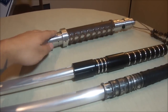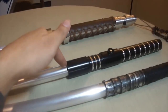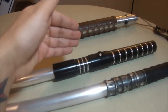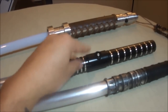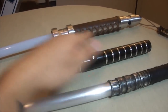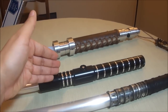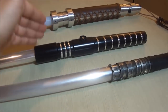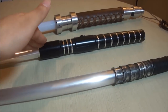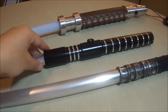Get this one right here. Maybe sound effect board or not, I don't know. Get their highest grade lighting, but maybe get the cheapest version they have, because this is really solid. Even though it looks plain, even the plain version looks pretty cool. Really good for choreographing lightsaber fights, or even if you actually duel and stuff like that. Very great piece. It's very solid. You can hit anything with this thing. Really good